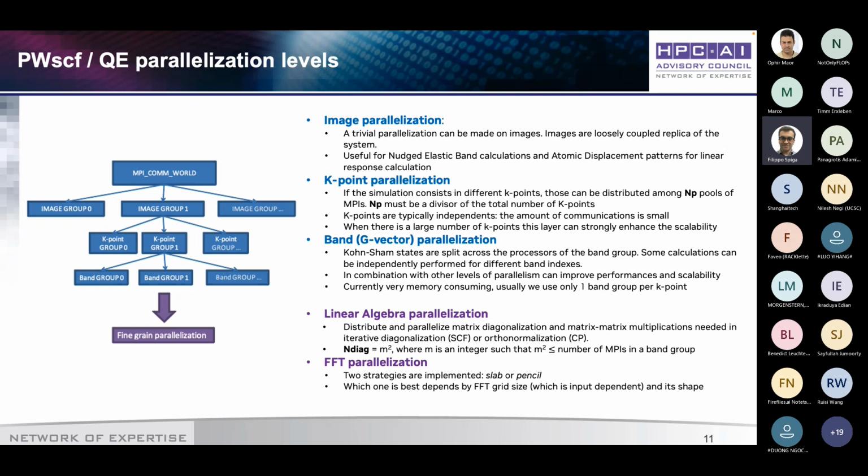Every subgroup, every small pool that contains one K-point, or if there's only one K-point, all K-points because there's only one, can do some basic operations inside that. You can do some FFTs, you can do some linear algebra, like a parallel distributed linear solver. Now, if you run on 100 MPI, you might decide that it's more efficient to run on 64 MPI only for your diagonalization. So there are parameters that allow you, when you run the application, I'll show you an example,